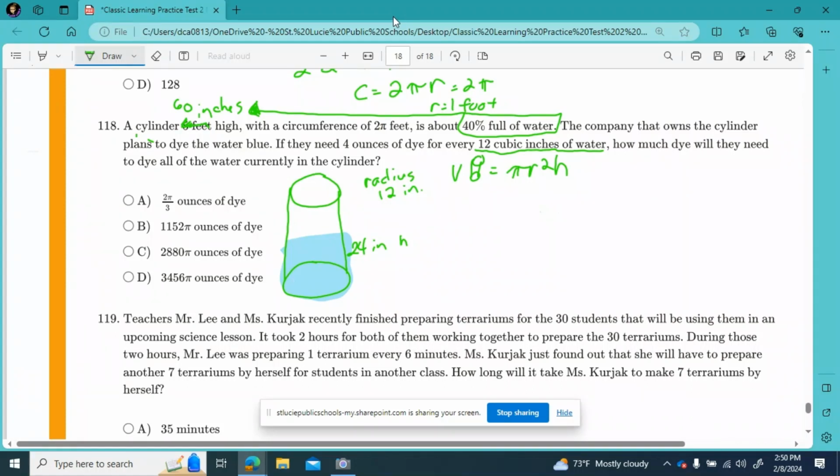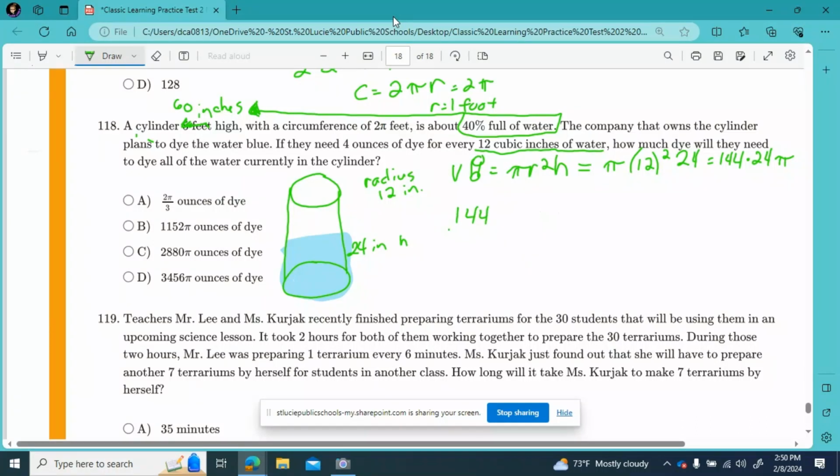So now I'm going to plug in my numbers for my radius and my height. So that's pi times our radius, 12 inches, times a height of 24 inches, equals, I know 12 squared is 144, so 144 times 24 pi, and over to the side,